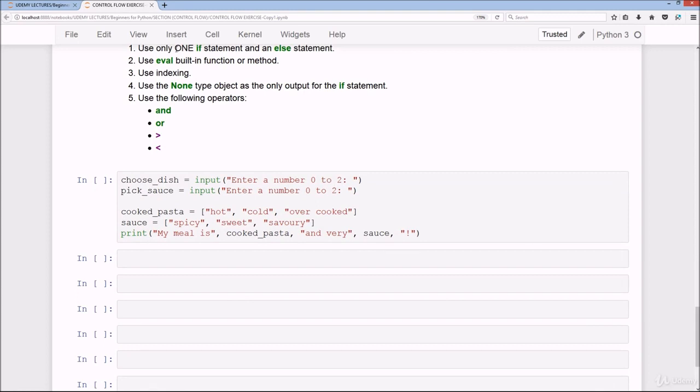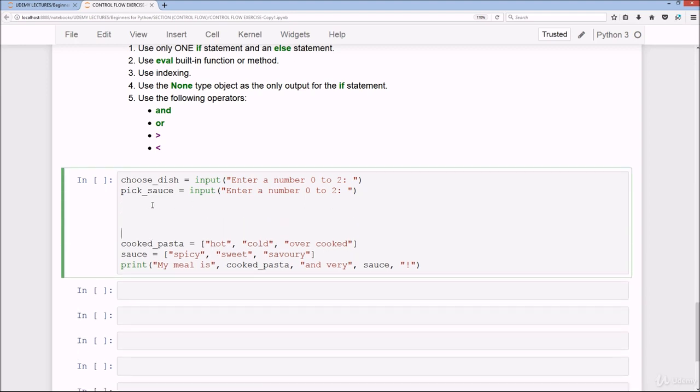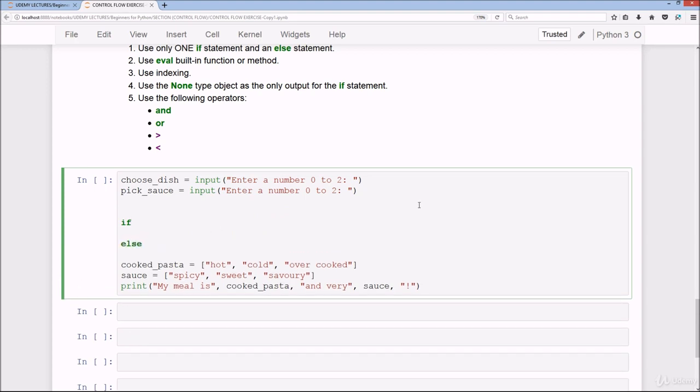So the first one is use only one if statement and an else statement. Okay, well, what we can do is just put the if and the else, and put some colons here. Okay, and then use the eval built-in function or method. So I think it would make sense to use the eval